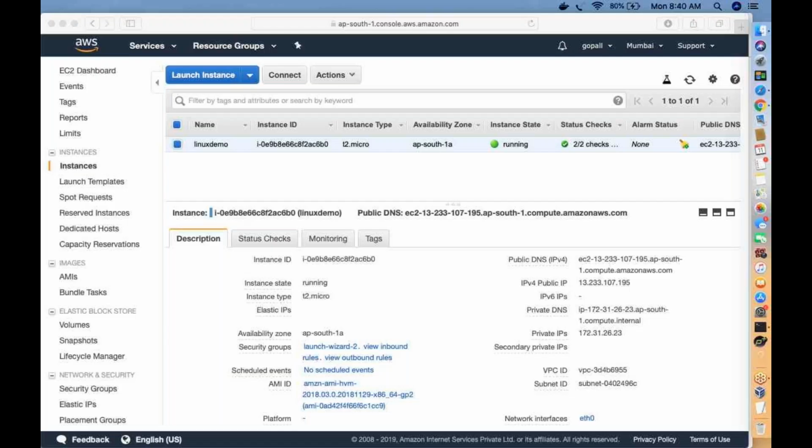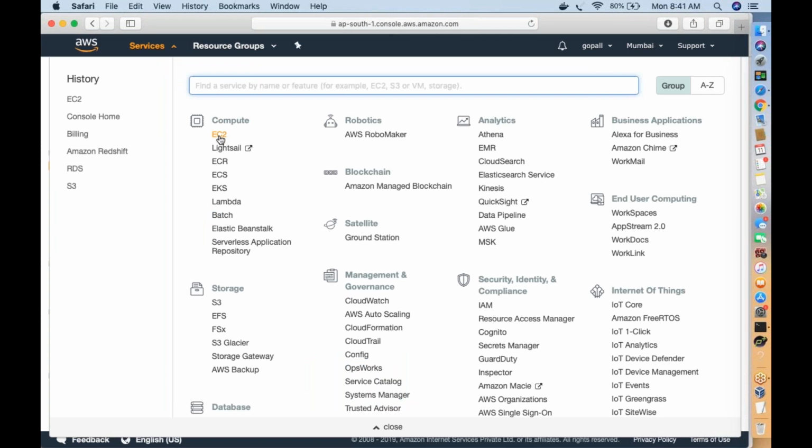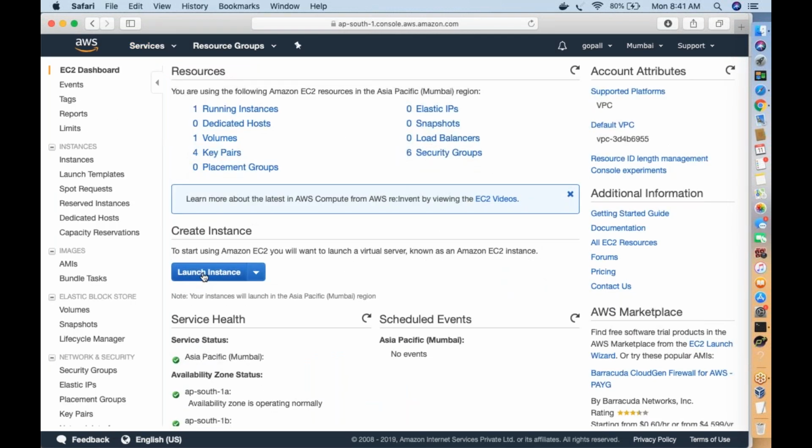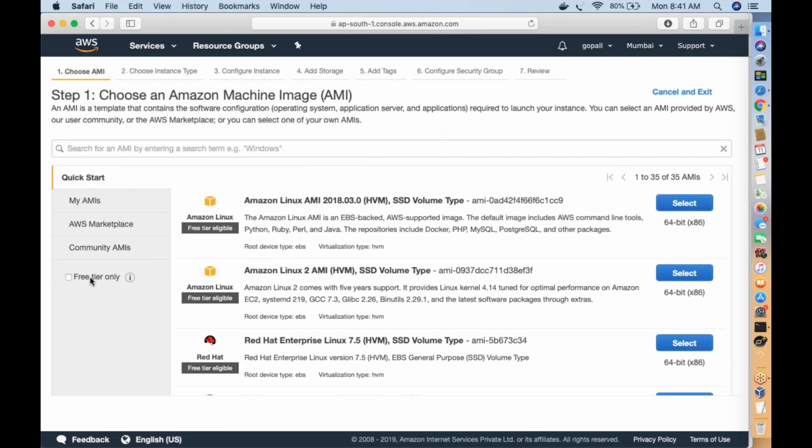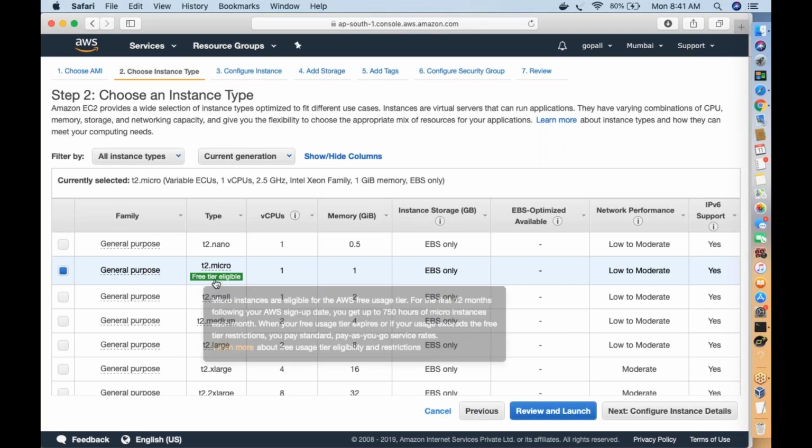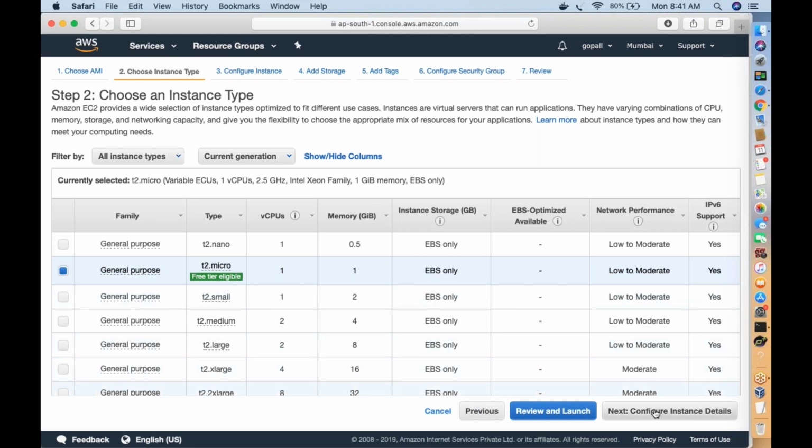Now I'm sharing my screen. So that's how you authenticate to servers in Amazon. I'll quickly go through once again what I've done. Go and create your account. Once you create your account, click on Services, go to EC2, and click on Launch Instance. Make sure you check the box, free tier only, and select your first operating system, which by default has the AWS command line, Python, Ruby, Java, all the packages. Make sure to select this particular OS and the free tier CPU and RAM: 1 CPU and 1 GB of RAM.